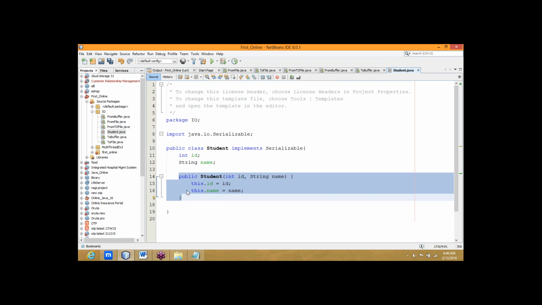Have you got this, Sandeep? Hello. Have you found this code? No, actually,